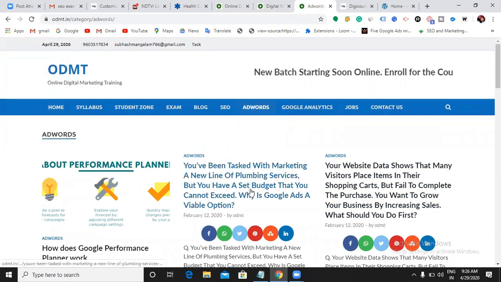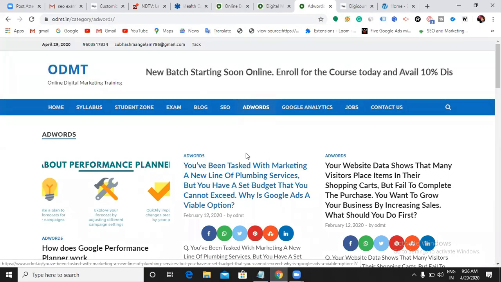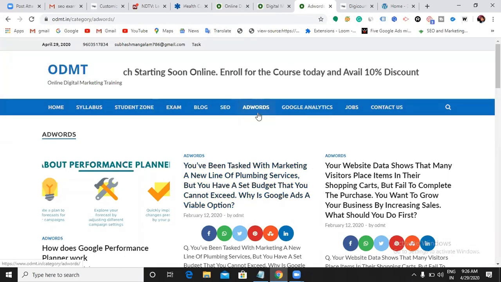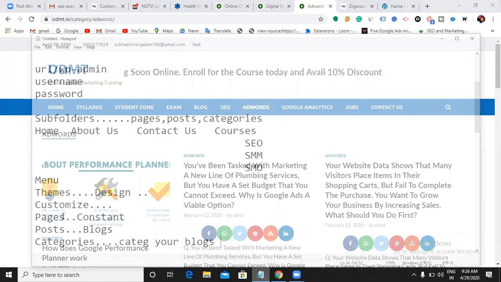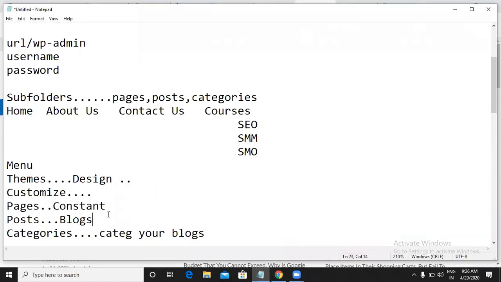That is how they show all the recent posts in one category, called AdWords. As I told you, pages are for constant content and categories are for categorizing your blogs, or else posts, I can say.